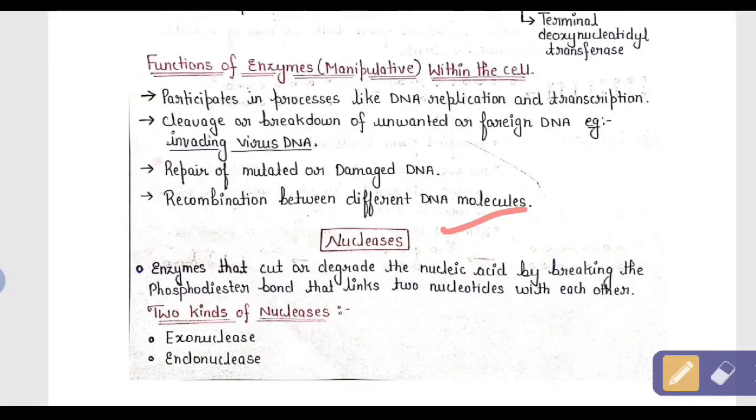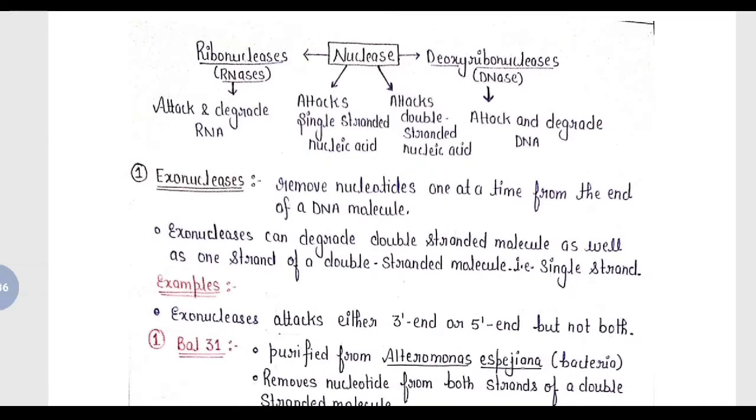As I've already told you, these nucleases are involved in the breakdown of the phosphodiester bonds between the nucleotides, and that is how they cut or degrade the nucleic acid into fragments. Now these nucleases can be further classified into exonucleases and endonucleases, but before going through them in detail, you should know that these nucleases act on nucleic acids differently. The nucleases that attack RNA and degrade it are known as ribonucleases, whereas the nucleases which attack or degrade DNA molecules are known as